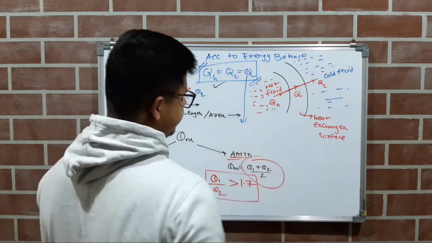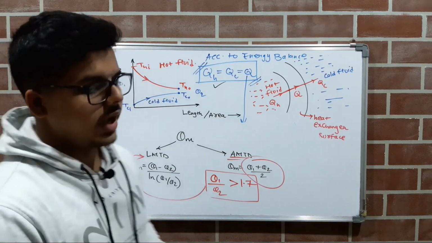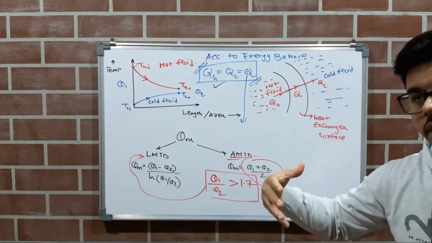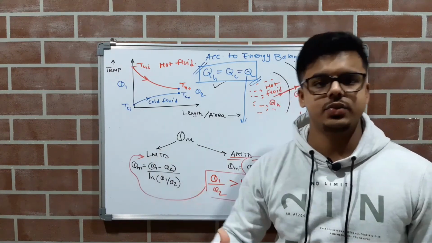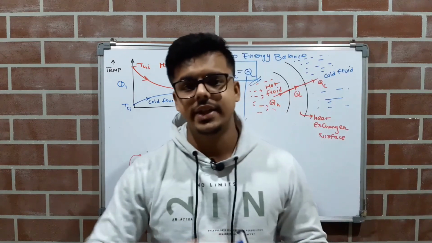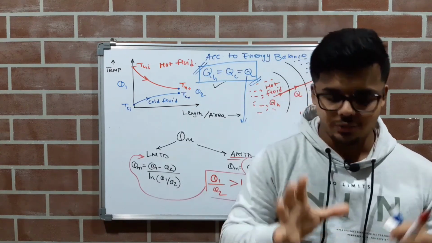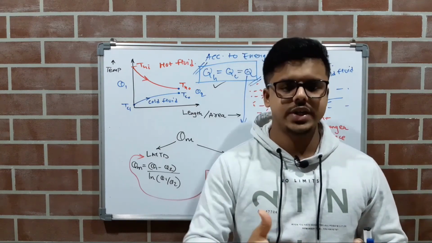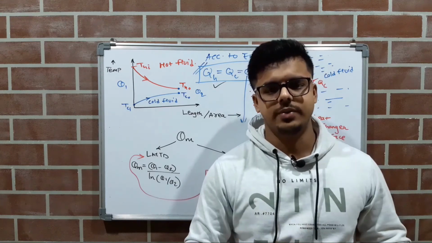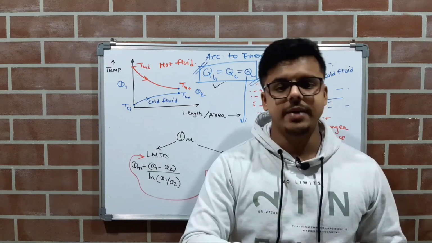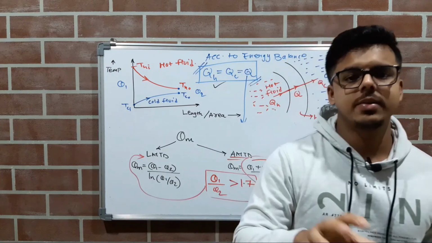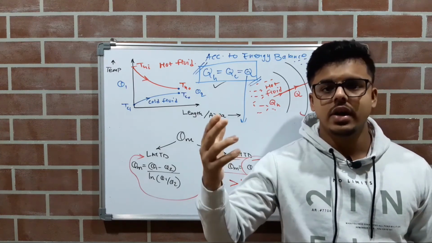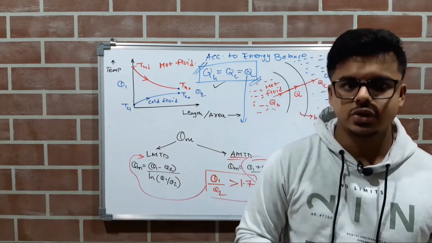So AMTD is very simple, but LMTD requires some assumptions. I will list down those assumptions and derive the equations for LMTD in the next video, because I know you guys don't watch lengthy videos. So for your betterment, I will split this concept into two different parts. In the next part, I will discuss the derivation of theta m, the logarithmic mean temperature difference, for parallel flow. In the following part, theta m for LMTD for counter flow. So that's all.